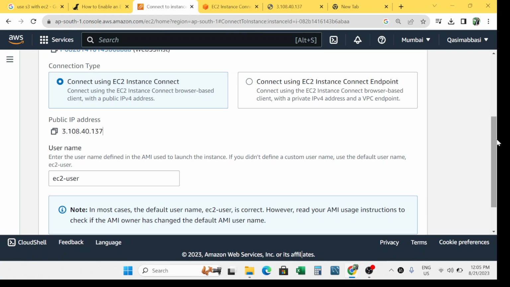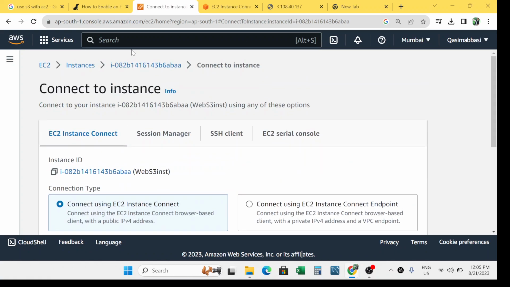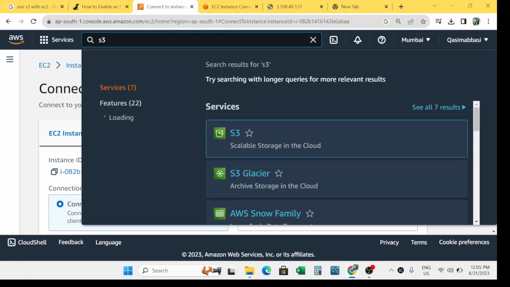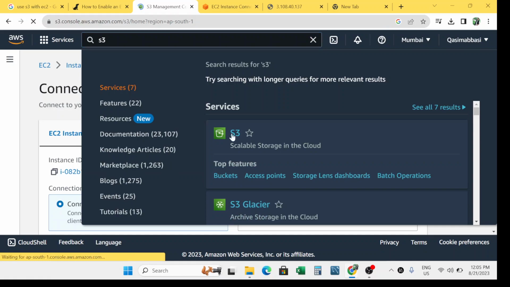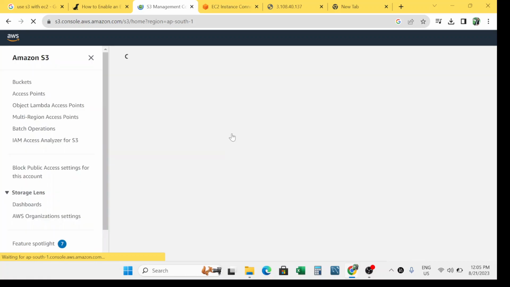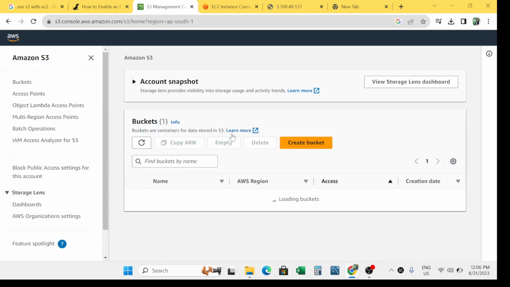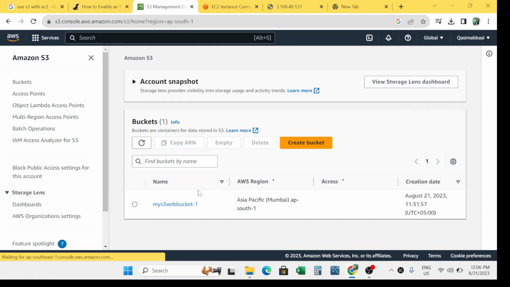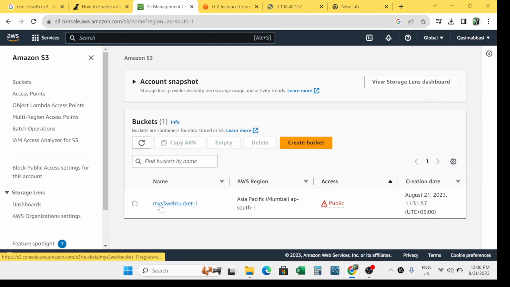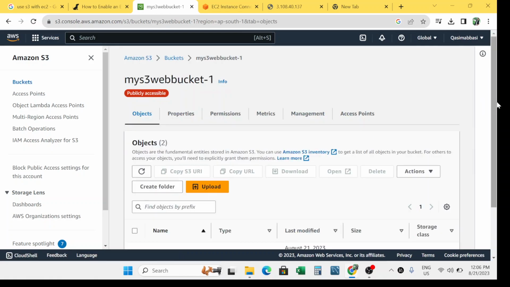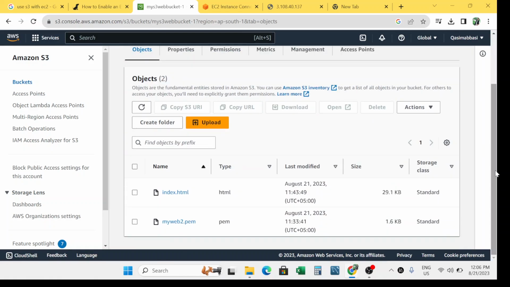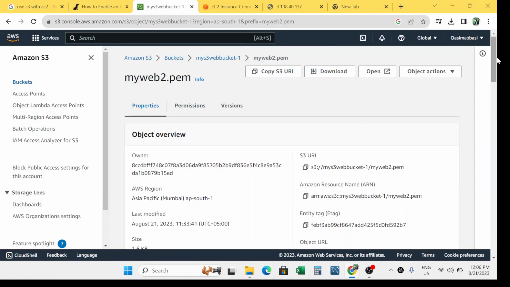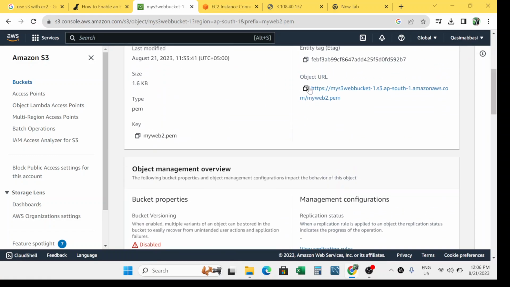Just go to the S3 bucket, select S3, and then copy your S3 bucket object URL. For that file, in order to get it inside the EC2 instance, select your S3 bucket file and then copy your object URL over here,